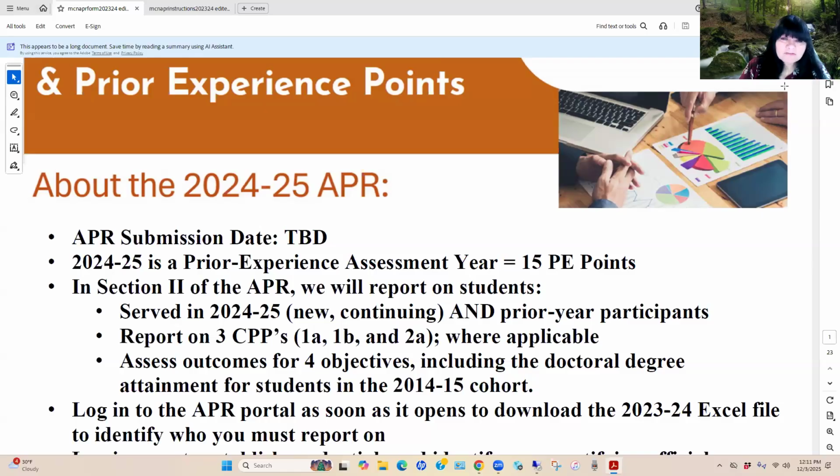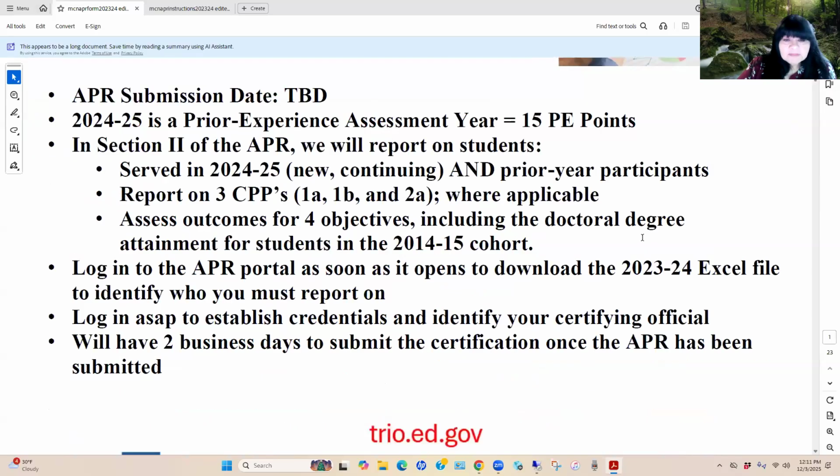It's important to note that you have to submit that APR by the time the APR goes live and by the end date. If you don't, you are no longer in compliance and it'll impact you in lots of different ways. Okay, so you do want to ensure that you're ready and that you submit within the required time frame. Some things that are also going to be important is that you'll get a letter, and oftentimes you'll be notified either by your program specialist, maybe an email message, maybe even from the Council for Opportunity and Education, or even from Lisa to notify you the APR websites are live and that you need to log in.